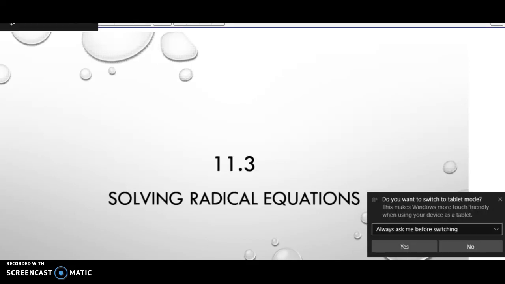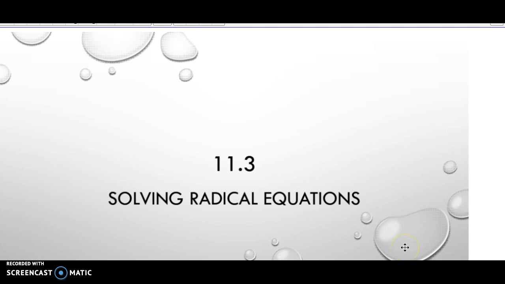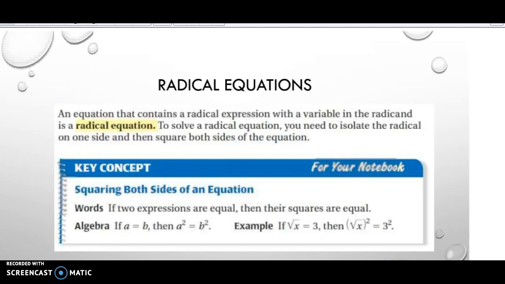All right, algebra, we are looking at 11.3, solving radical equations. To do this, we're going to do the same procedure that we've always used for solving equations. We just need to isolate the variable. But this time in a radical equation, the variable is going to be located in the radicand. In other words, it's going to be under the square root bar. So we need to isolate the radical on one side, and then we're going to square both sides of the